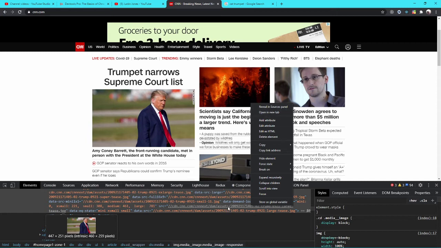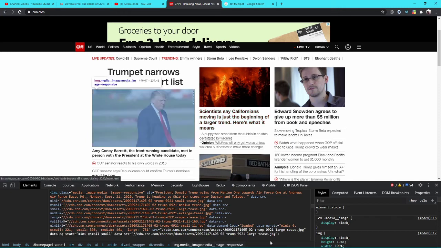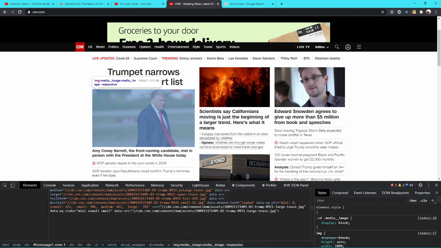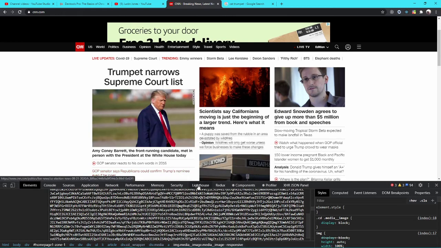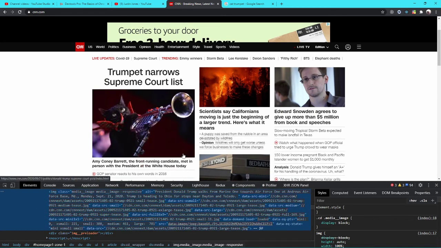Let's see here. Let's go ahead and edit this. Let's edit the picture here. Alright, and bam! Oh! Trumpet narrows Supreme Court list. What? The trumpet? This cat? He's playing that? And that's how you can manipulate and go through with the Chrome tools and all the tabs